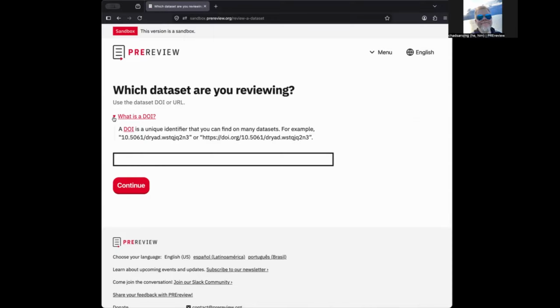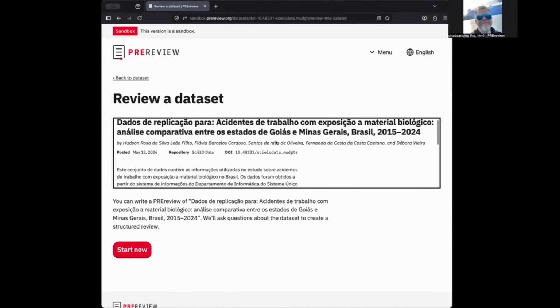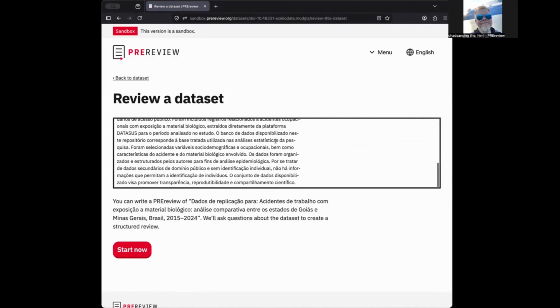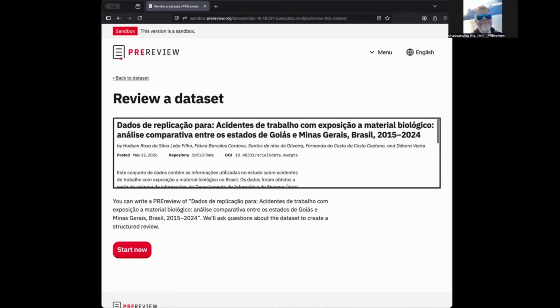And here we've got a DOI from SciELO Data. When we put it in there and hit continue, it's going to give us a little bit of an abstract about that dataset, just so we can confirm that we are reviewing the right one,